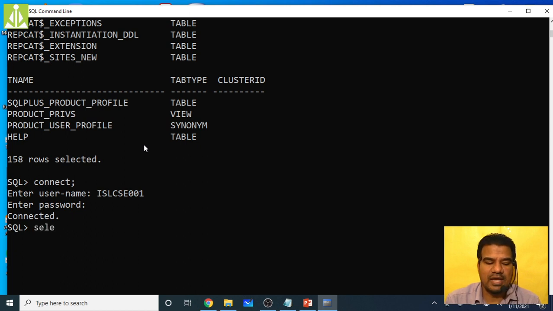To check its content, I type the same command, select star from tab, and hit enter. See, no rows selected. We don't have any tables or views created inside my user ISL CSC 001. Now here I can create my own tables, views, triggers and stored procedures. Everything I can do inside this user.